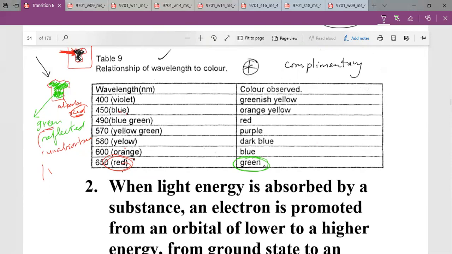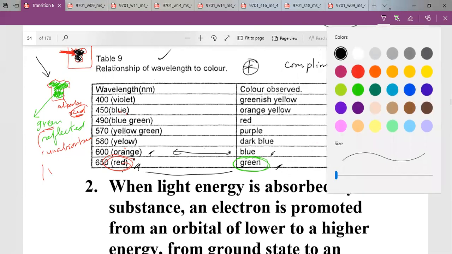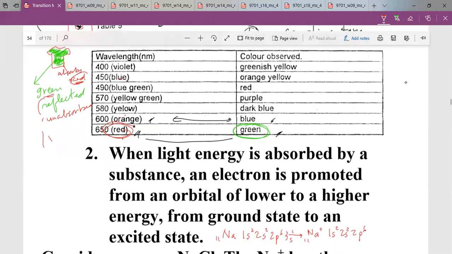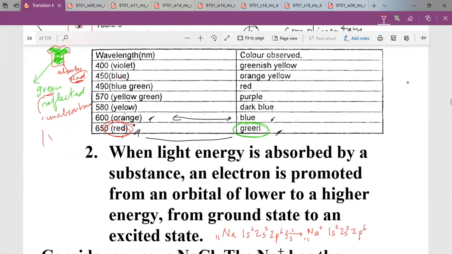That's why it's called complementary color. So these two are complementary. Absorb this, you see this. Absorb this, you see this. When these two mix together, it comes black. Okay? So remember, in your transition metals we talk about